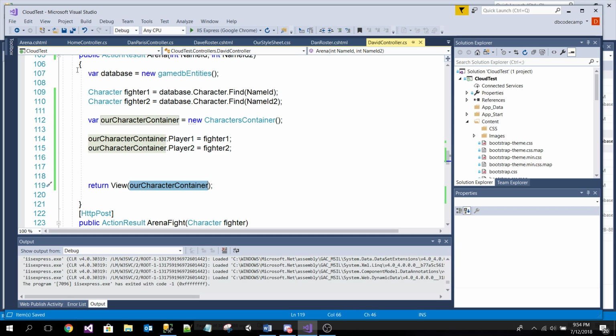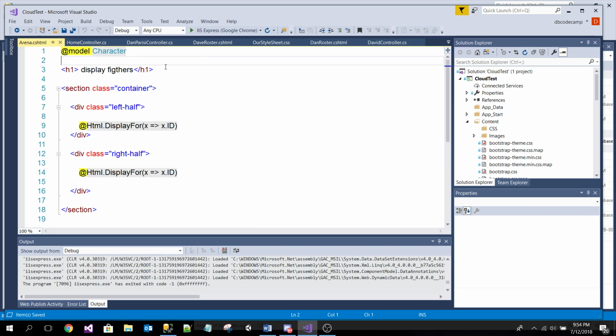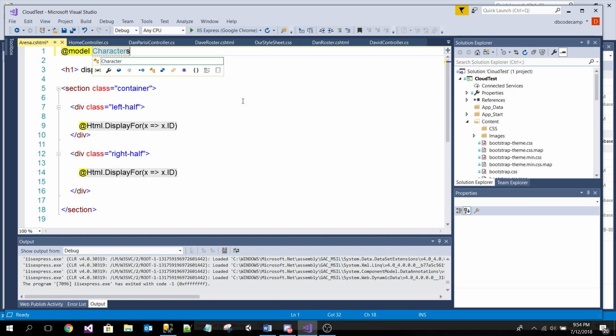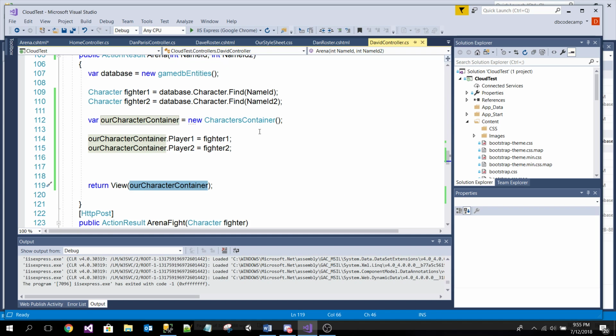Now, let's go to the actual view, and we have to update the model. What model are we dealing with? What model are we passing to it? Our character. Well, the instance is called character. The class is called characters. Container, yeah, correct. Container. It's not gonna see it right away because remember,